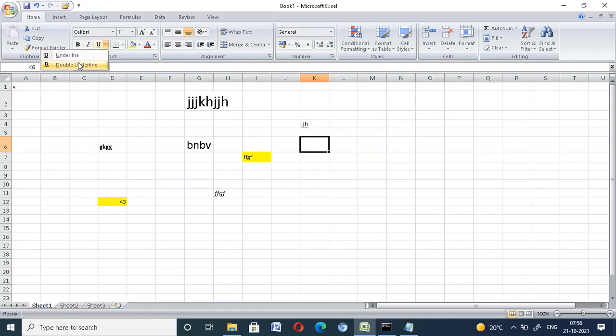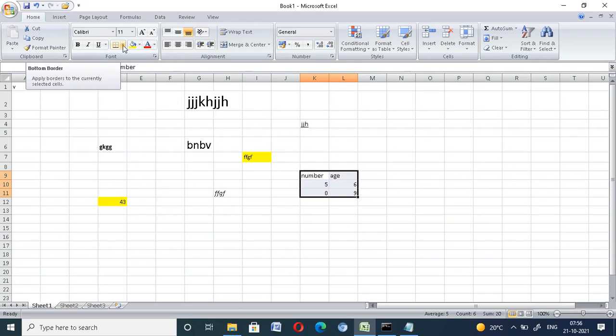Now if you have some numbers, like ages, and you want to add borders to all the numbers, this is the All Borders option.